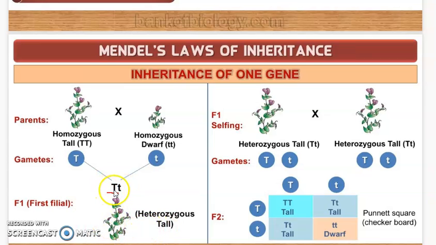Which trait expressed? It was the tall, right? So he gave capital T for tall. Okay, and the small alphabet for the other trait. As it was not expressed in F1 generation, he gave small letter for the other parent, that is the dwarf, right? So for example, in case of character of the height, capital T is used for the tall trait and small t is used for dwarf. Okay, and capital T and small t are alleles of each other.